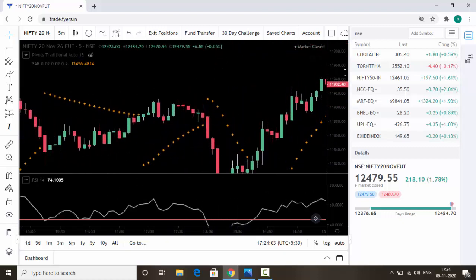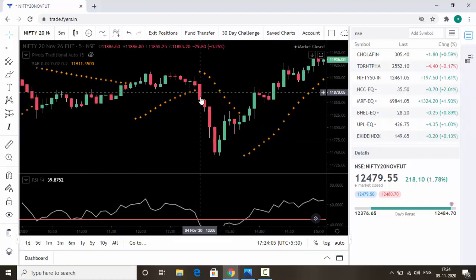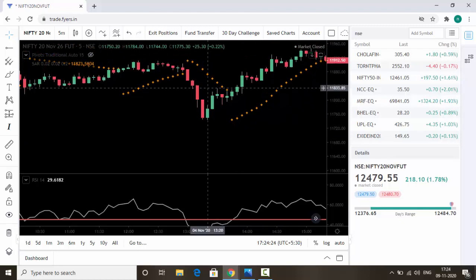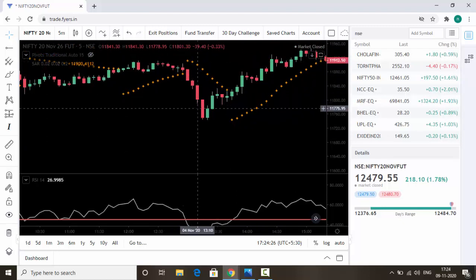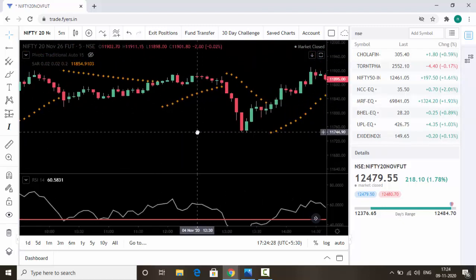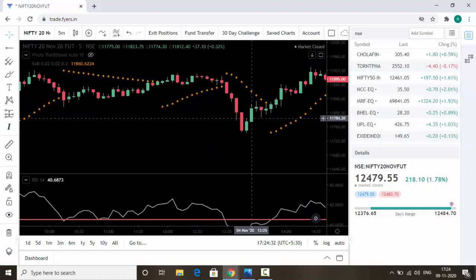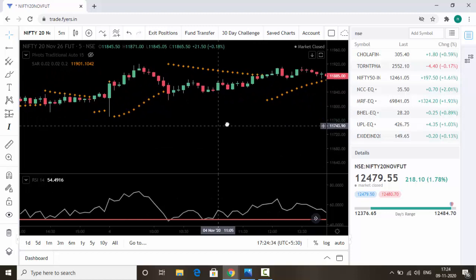Okay, here we got a chance. See, three continuous down, and at the same time you can see RSI is below 45. Then we can go for sell, but this is a risky sell because the distance is small. If the 5 minute candle is small, then the stop loss is less, but this is a risky trade because stop loss is here and our entry is here. If you want, you can take a risk, or else you can wait for another entry.